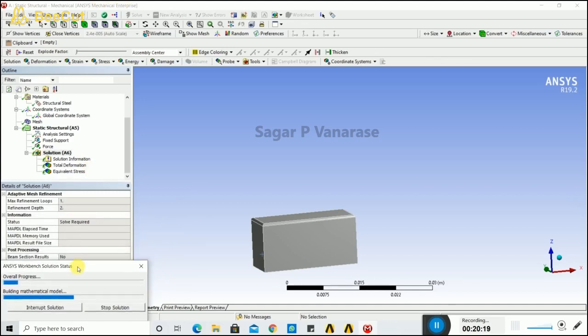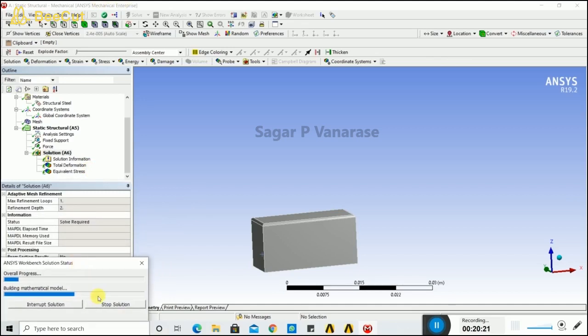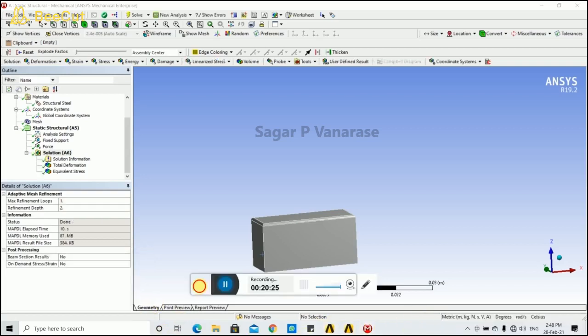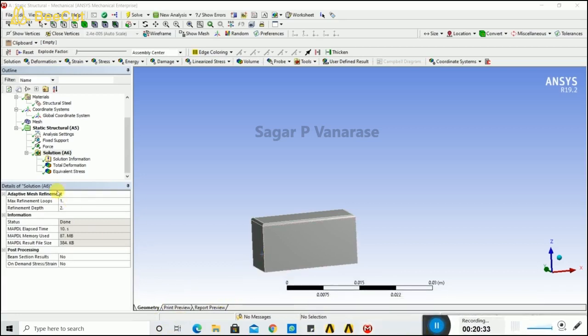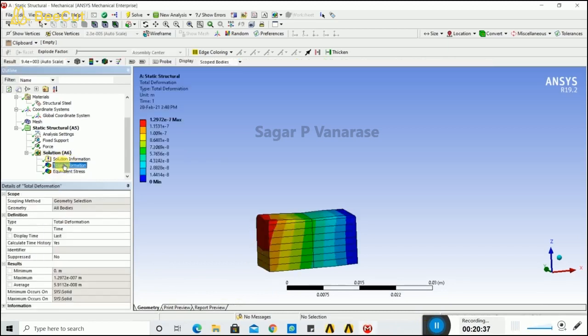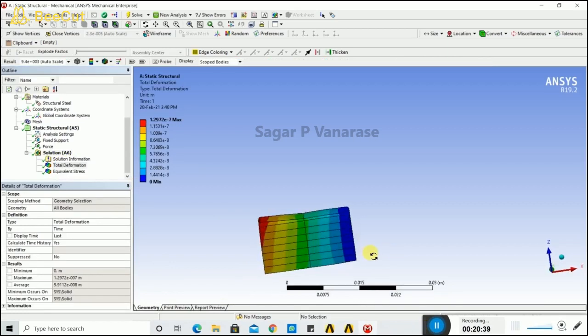Okay, now after selecting that, right click on solution and click solve. So the ANSYS workbench will solve for the total object as per your requirement. Now we have set the parameters, the workbench will solve the total solution. I'm just skipping this content.